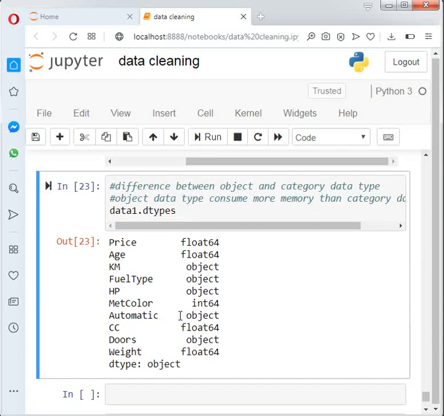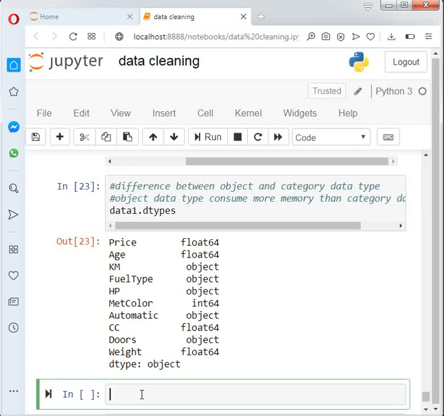Automatic is an object type, so we can convert it into category type. Suppose fuel type is an object type; we convert it into category type.